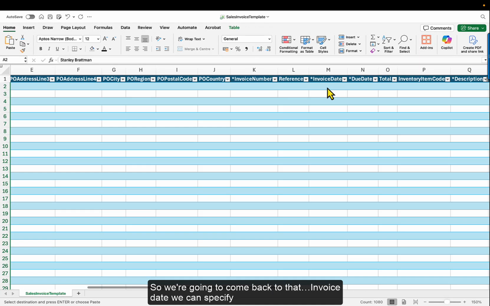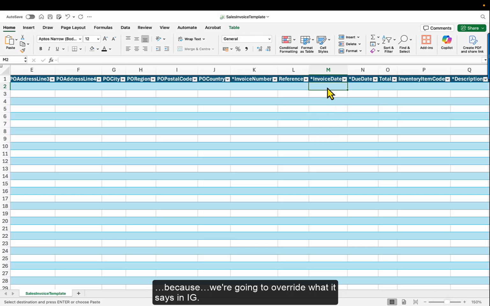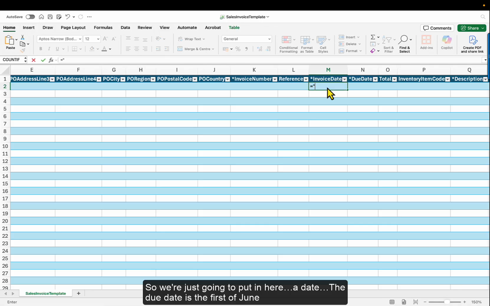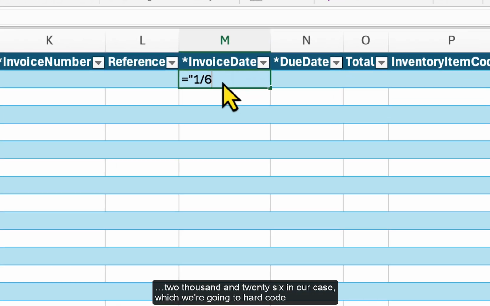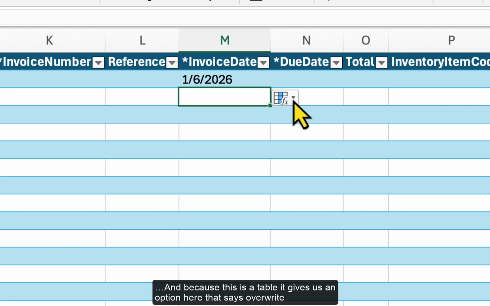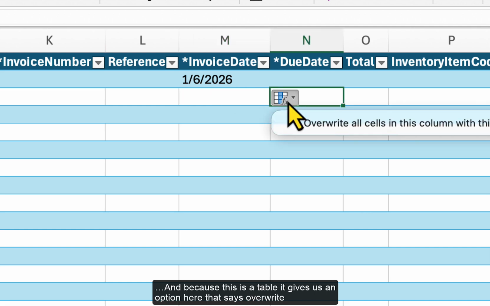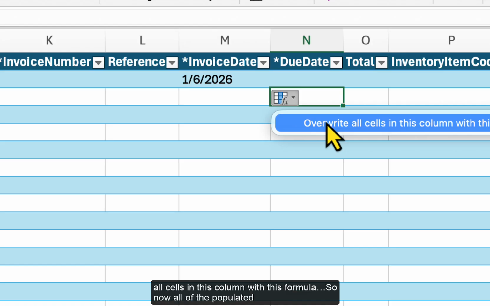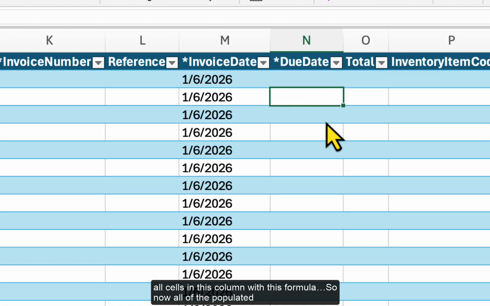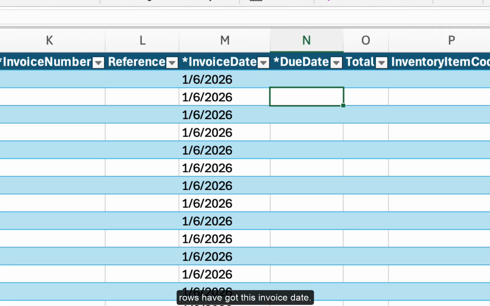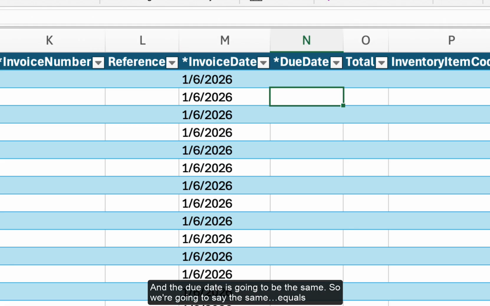Invoice date we can specify because we're going to override what it says in IG. If you remember, the due dates are not quite right for direct debit payers, so we're just going to put in here a date, and the due date is the 1st of June 2026 in our case, which we're going to hard code. And because this is a table, it gives us an option here that says overwrite all cells in this column with this formula. So now all of the populated rows have got this invoice date,